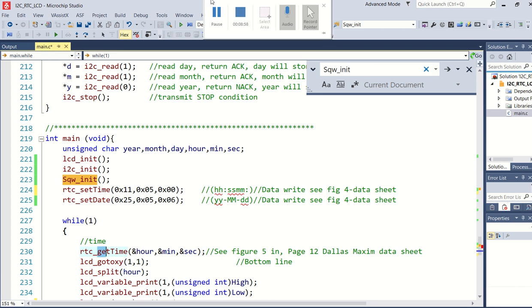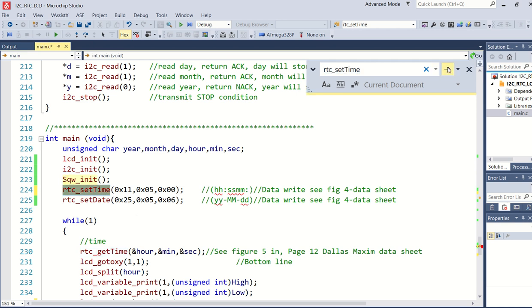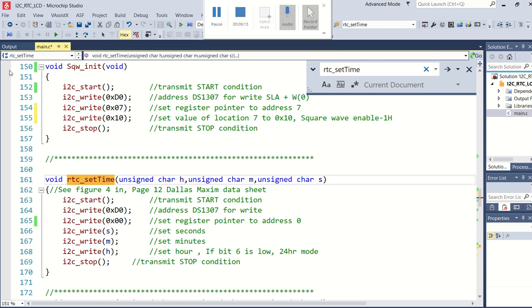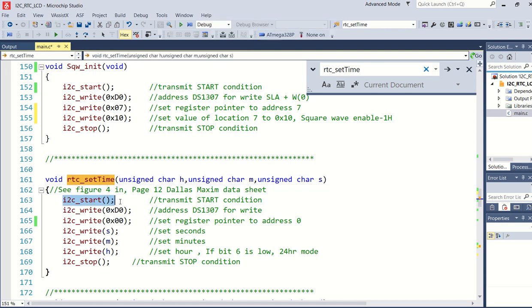So let's have a look at this real-time clock set time. If we go to this function, here it is. Now we want to set the time. In other words, we again want to write data into this real-time clock. As we've seen before, there must always be an I2C start. And if I want to write to it, it's going to be D0.